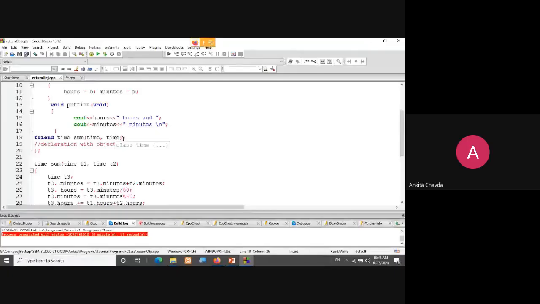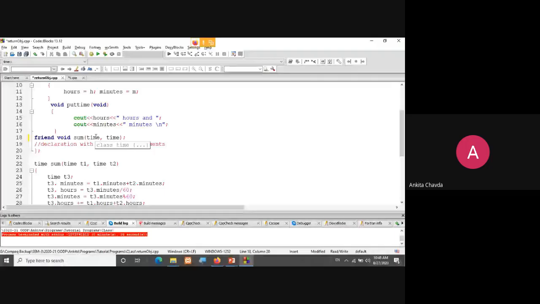Friend, return type is time, function name is sum, and I'm passing two objects of the time class, time, comma, time. Getting this thing, return type is time over here, which was previously void. When we have seen the example, it was void. But now I'm returning my object, which is of class time. So I'm writing time sum, time, comma, time.